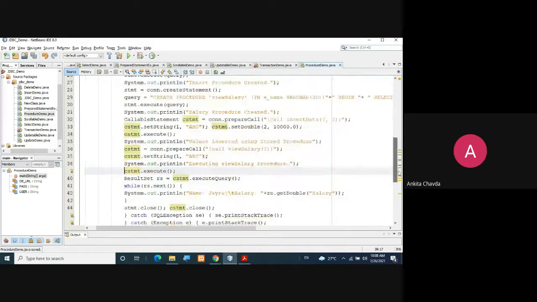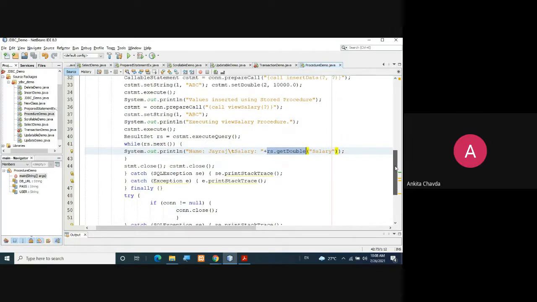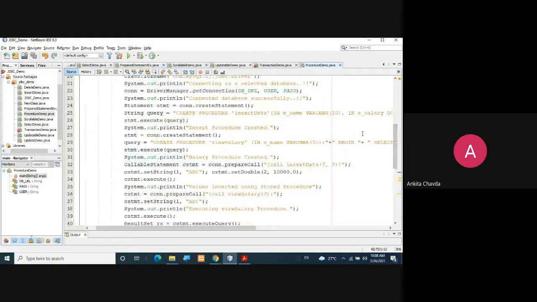Fine. Then here I'm having a result set. ResultSet rs equals to cstmt.executeQuery. While you are having records, because I want to display all the records, I just want to print the name and the salary also, right? So here, while rs.next, whenever there is a record, you can write rs.getString and here you can type the employee name, e_name, e_salary.